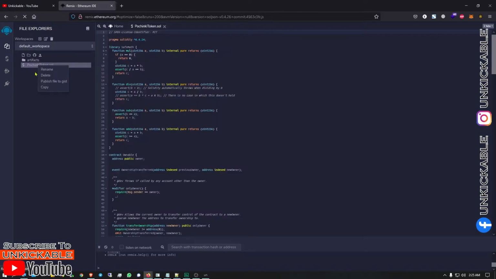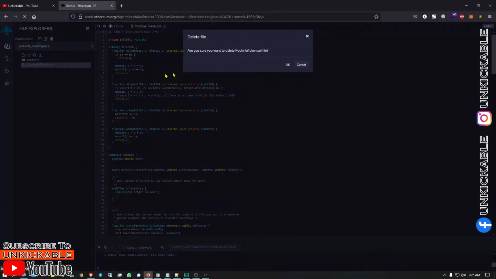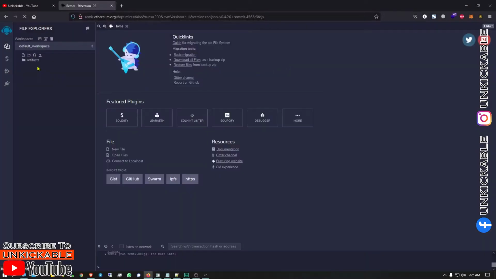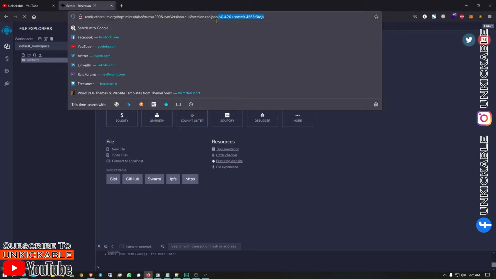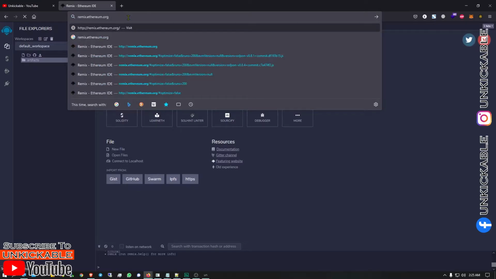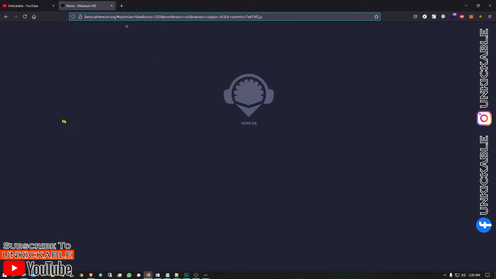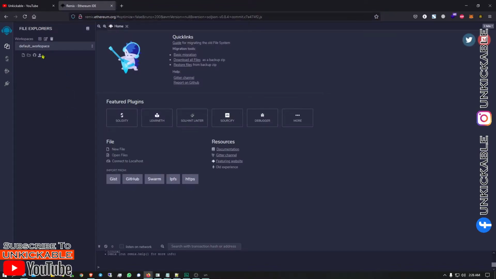I'm just going to delete this, as I have already created one, and I'm also going to delete the other things over here. If you still find this and think it is not deletable, just remove the content after .org and refresh it. So over here it's completely empty.